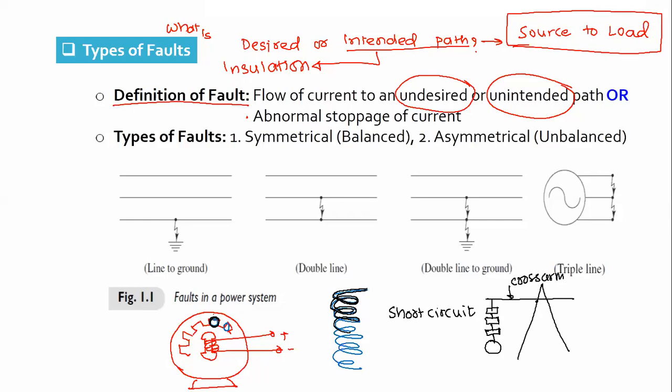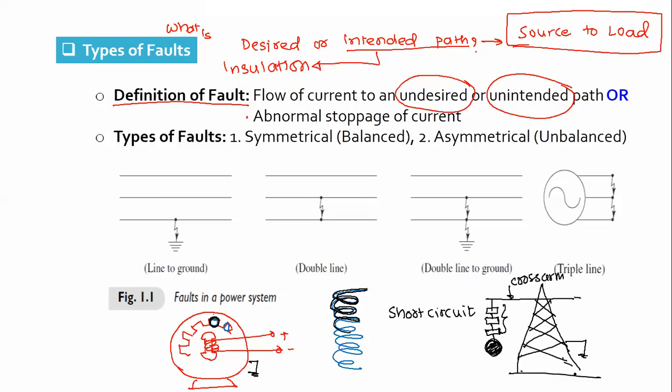I hope all of you must have seen the windings in machines and the towers in a transmission line. So this is an insulator string. This is a phase conductor, which is a live phase conductor. This is the cross arm. Here we have grounded the body of the machine, or we can say the body of the